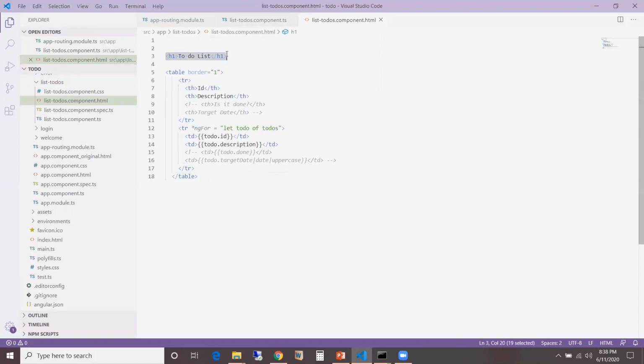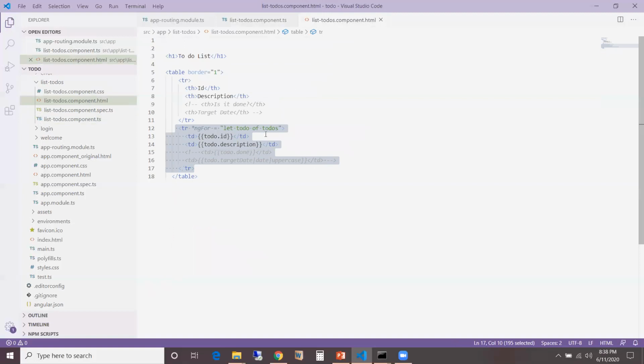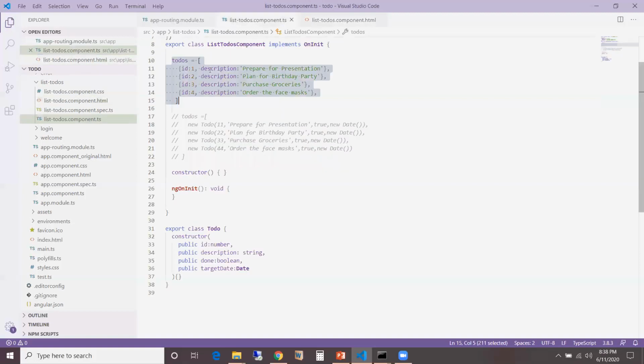This is the basic heading. And then I'm creating a table with a border. Within the table, I'm creating a header. So this is the header, and the headings are ID and description for the table. And then these are the actual rows. I should be displaying 4 rows because I have 4 to-do items. So in order to display these 4 items,